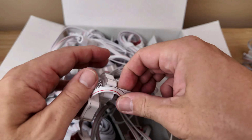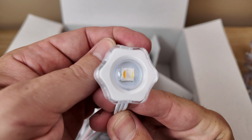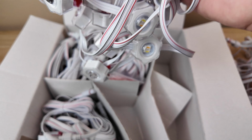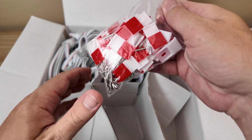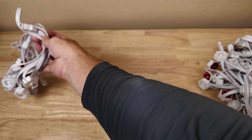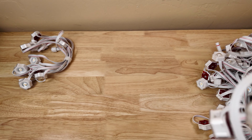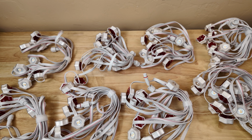and I'll show you that close up a little bit later here. But these are the actual lights themselves with 3M back, and they do include a dedicated warm and cool LED, which is very unique. And they feel extremely sturdy, well made, and they include all the clips. I use a combination of these screw clips and 3M backing. You'll see that a little bit here in the actual installation, but look at how many lights you get in